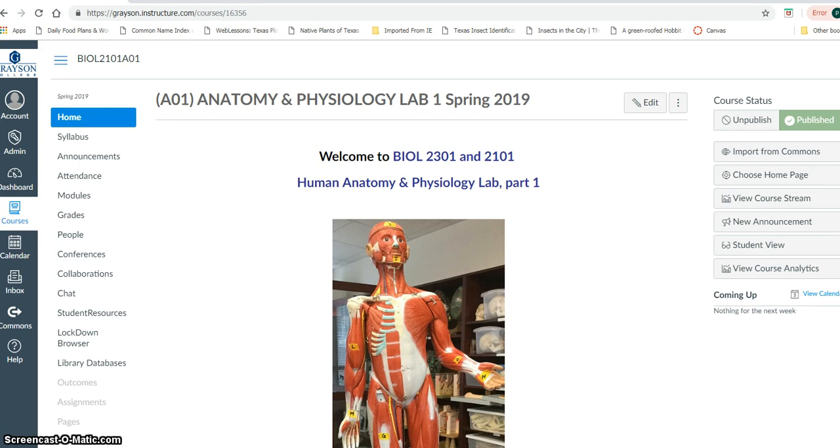I am recording this so that you have some reference for how to navigate through Canvas, or some way to be modeled this, as well as let you know that on January the 14th, the first day of classes, I have been called for jury selection, so I won't be able to assist you in class. So I want to make sure you have an ability to go through the Canvas shell on your own and know a little bit more of what's expected of you, so we can jump into the content on Wednesday